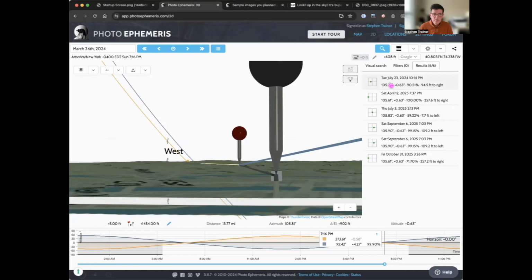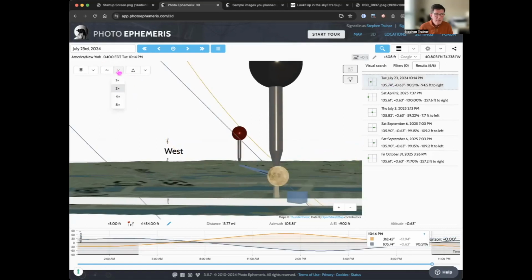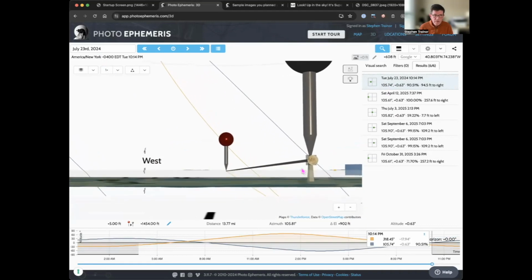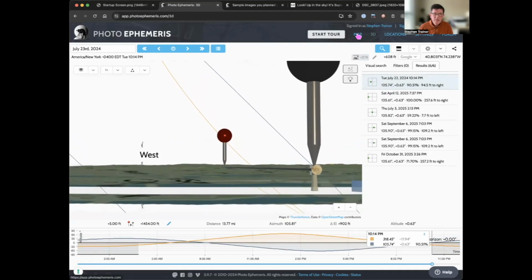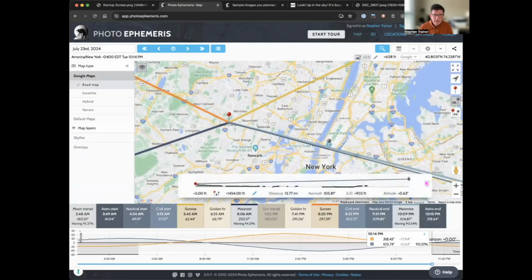So it's at the right altitude. We can make this 0.1. So I click that result and it changed the date and the time to match. And there you can see the moon is right there behind the top of the Empire State. Let's come back to the map page for a second,